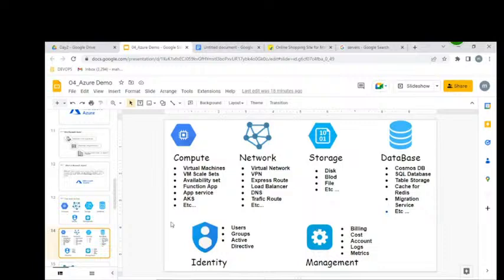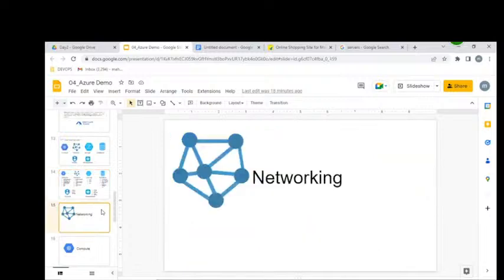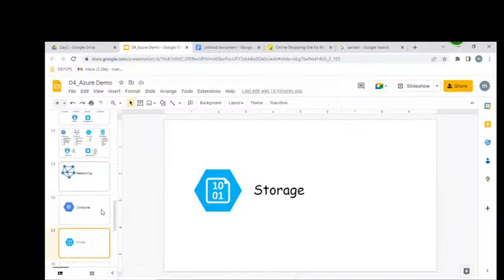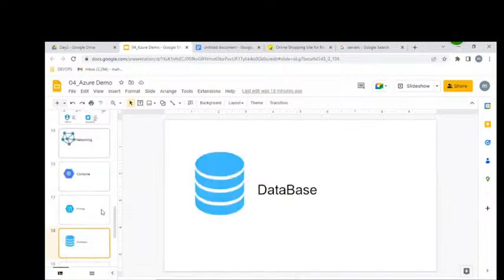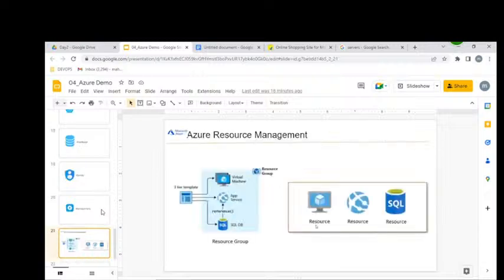So by using Azure, we can get networking, computing power, storage, databases, and security, meaning identity access management, and this is the complete picture.